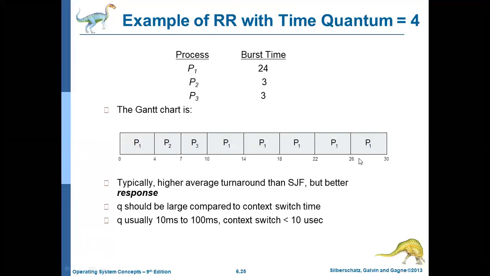Always in this round robin scheduling algorithm, the Q value should be 10 to 100 milliseconds, then it is very easy to do the problem. Q is usually 10 milliseconds to 100 milliseconds, then context switches are very few, because if you consider between 1 and 10, more switchings are required. But usually 10 to 100 milliseconds, then context switches are very few.